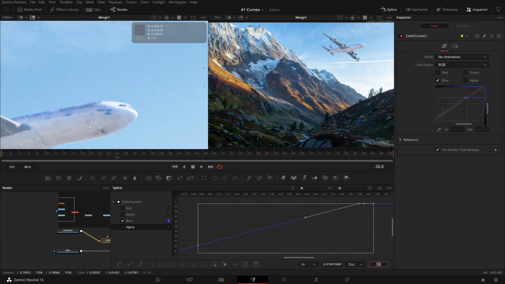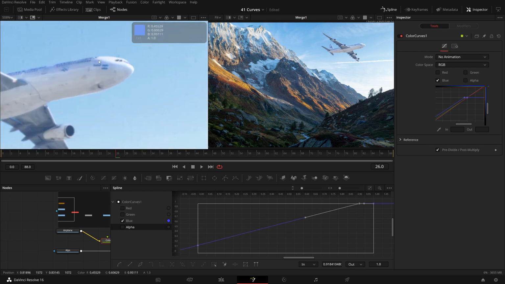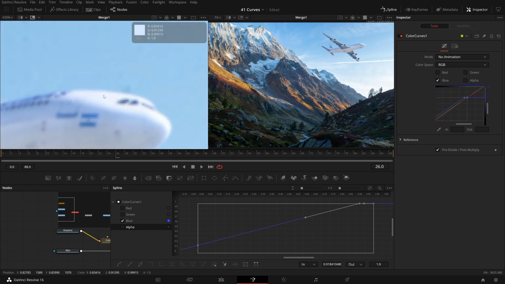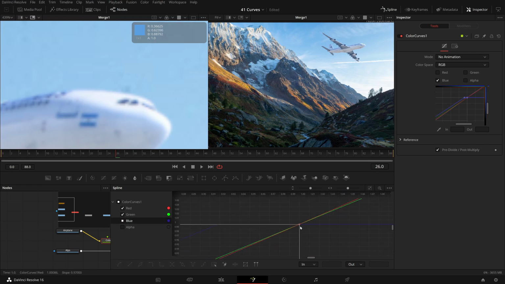Same in red, and there I might not go that far. Let's see what the red value is here. Okay, it's 0.93, and green 0.97, something like this. I can also just do this manually, take the blue now as reference, and bring the red point just a little bit up to 1, and the green point maybe from here to 1,